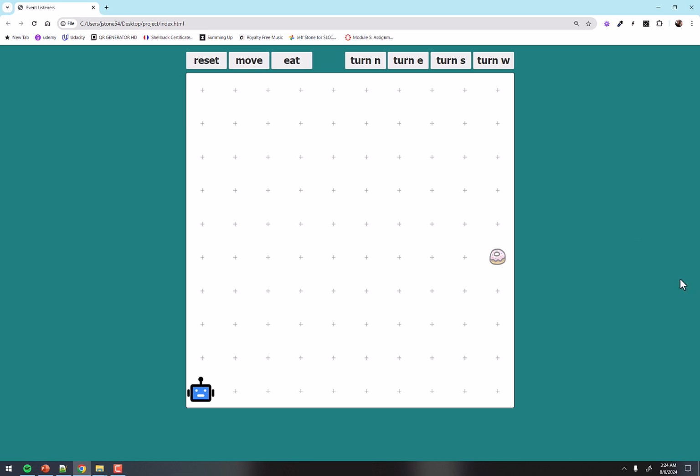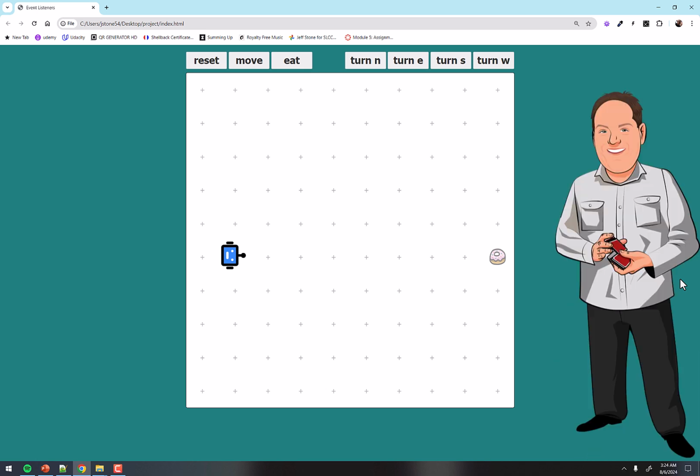This time I'm only going to be using the hotkeys, and that is the spacebar to move the robot, the enter key to eat the donut, the escape key to reset, and then the arrow keys to turn the robot. So space to move up, right arrow turns him to the right. I'll move here and down arrow to go south, and I'm using the spacebar to move. I'm going to go face left, spacebar, face north, spacebar, arrow to the right,